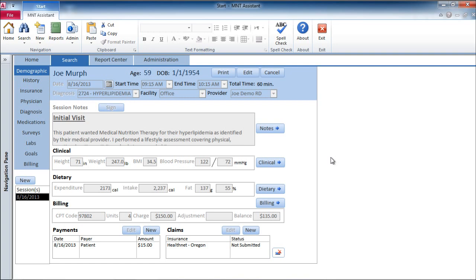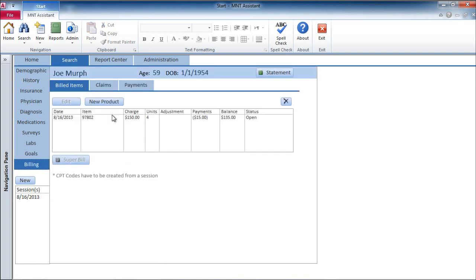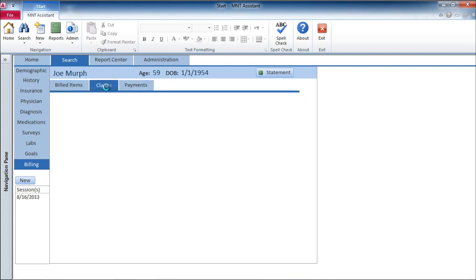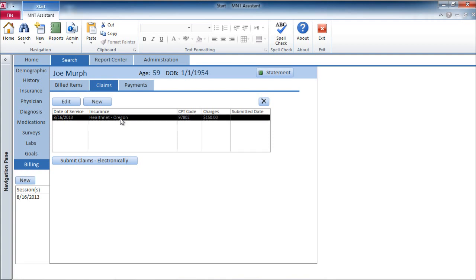So I'm going to start where we left off in the last video, after doing the session notes with the patient. So we created a claim right down here, and I can open that up here, or I can go into the patient billing section and it'll list off all the different patient billed items in one place, all the different claims, all the patient payments. So if I just double click on this, it'll open up the claim,